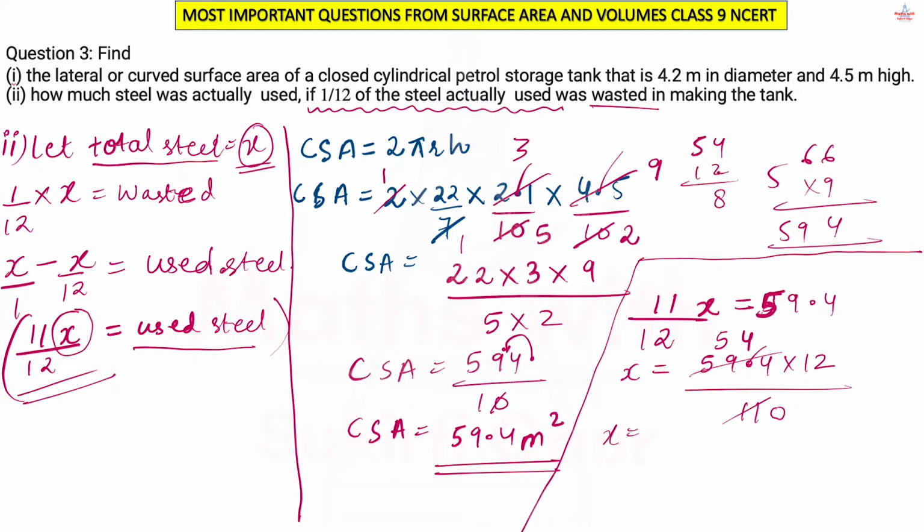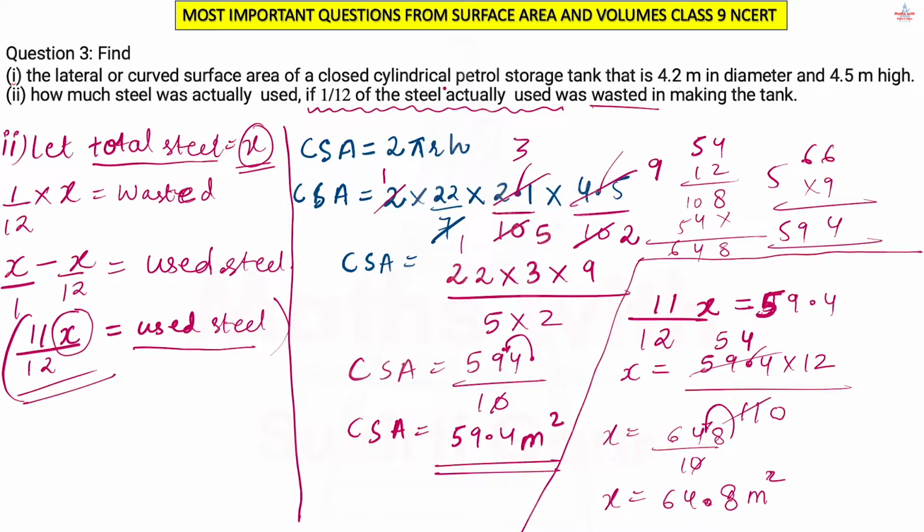2 into 4 is 8. 2 into 5 is 10. 1 into 4 is 4. 1 into 5 is 5. 8, 4, 6. 648 upon 10. Now X is equal to 64.8 because of the 0 in the denominator, right? So the point got shifted, right? 64.8 meter square. Now you understand that the actual steel which was bought was 64.8 meter square, and out of